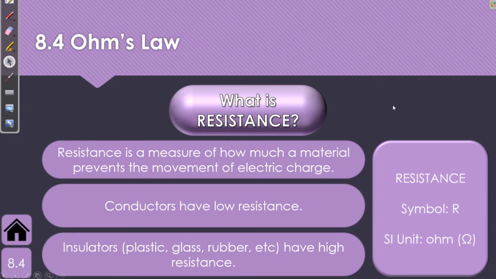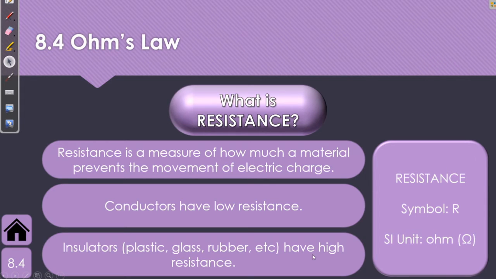Next, let's talk about resistance. So resistance is how much a material resists or prevents the movement of electric charge. Conductors, like metals, tend to have a very low resistance because they allow electric charge to move through them more or less freely. On the other hand, non-conductors, or insulators, materials like plastic, glass, and rubber, tend to have a